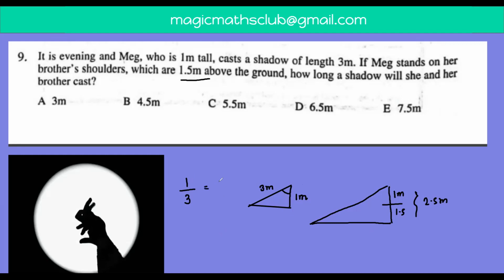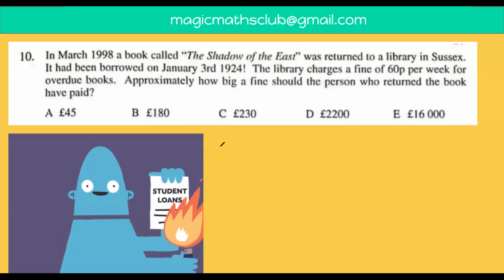1/3 equal to 2.5 by x. So x will be how much? 7.5, and that will be the length of the shadow. That's it. So you can see some of the concepts of physics are always blended in maths. So see, when you go to this question,